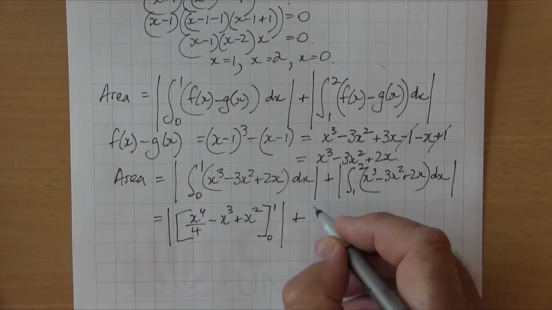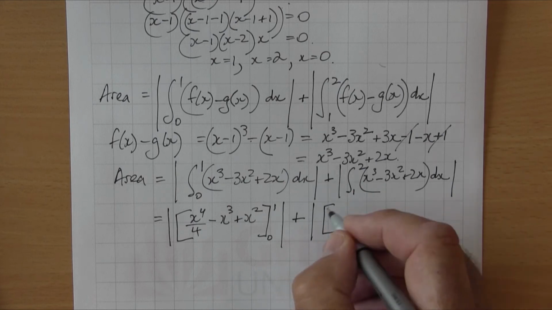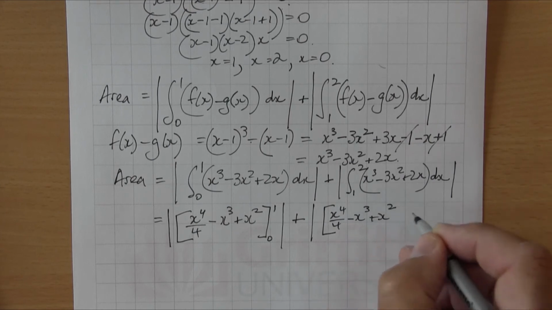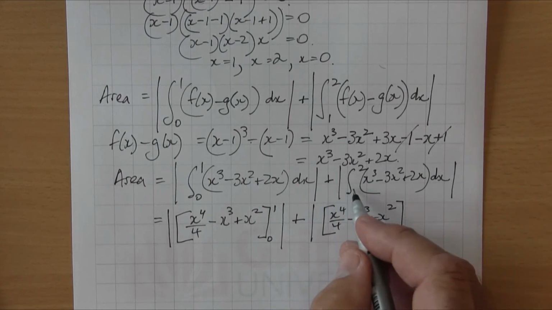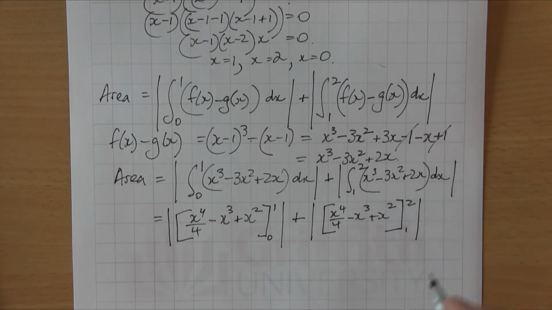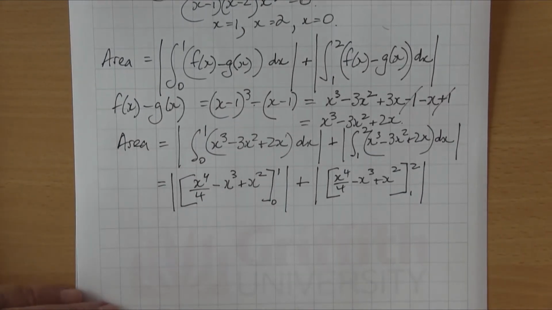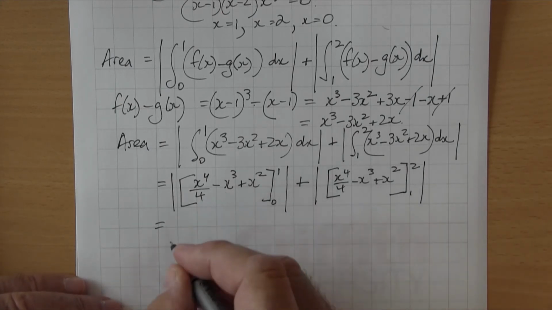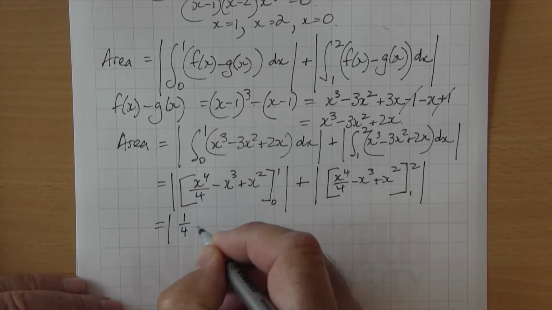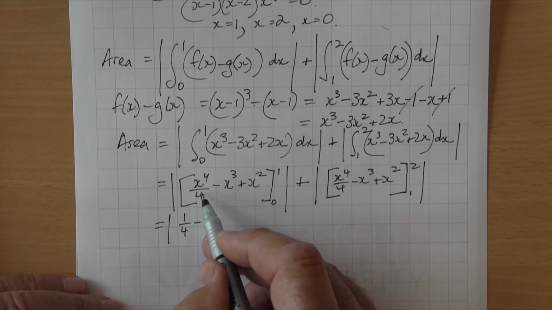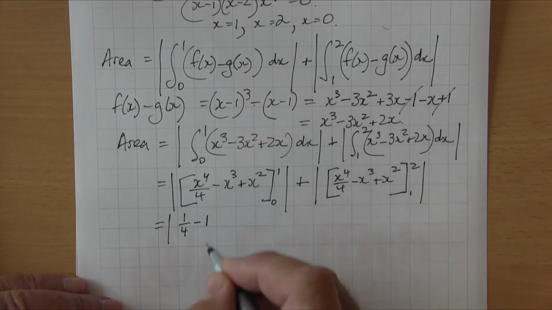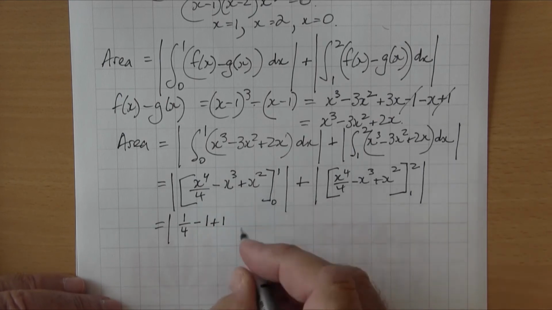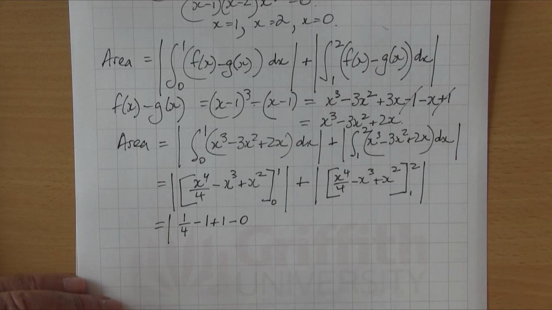the integral we've already worked out. So it'll be x to the 4th on 4 minus x cubed plus x squared. Now this one is between 1 and 2. And we can do the absolute value of that as well. Now we can substitute in. We put in the 1 value first, so that's the absolute value of 1 on 4 minus 1 cubed, which is 1, plus 1. So that's putting in 1 minus putting in 0, all those terms will be equal